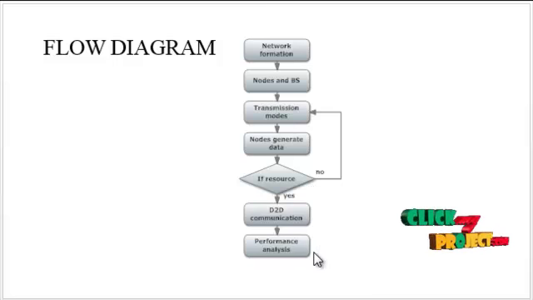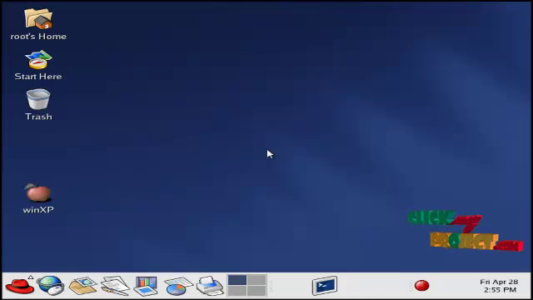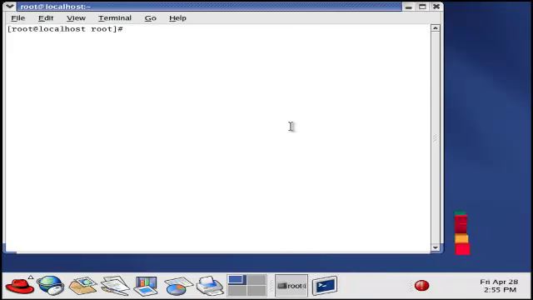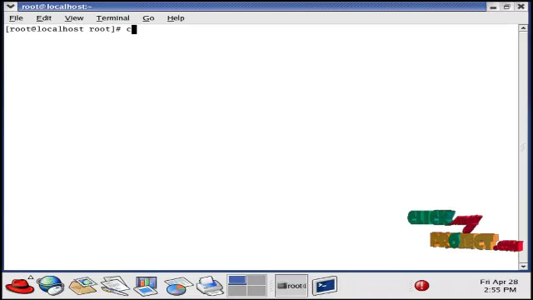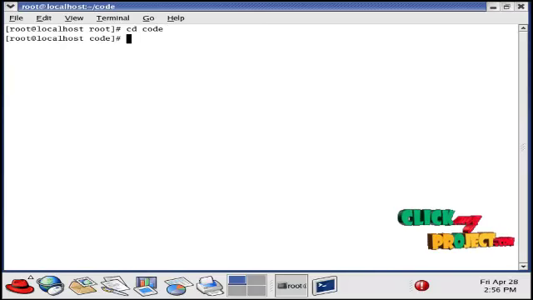Finally, the performance is analyzed, in which the existing system is compared with the proposed system with the help of its performance metrics. Let's see the output demo of our project. First, open the terminal window, then go to the directory where we have the code, then type ns space file name .tcl. If we give enter,